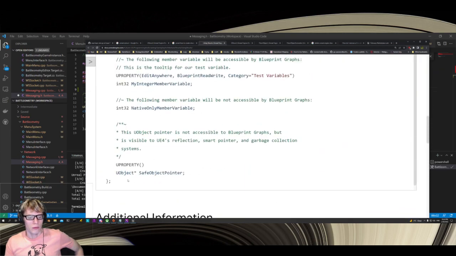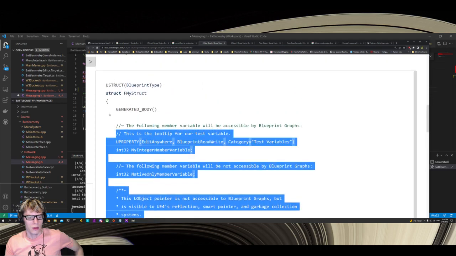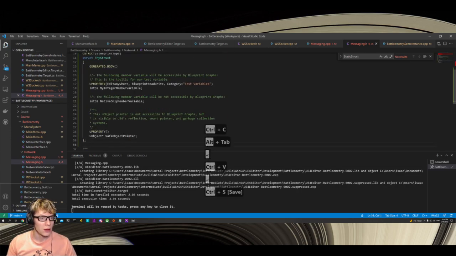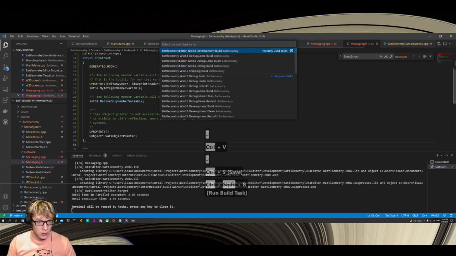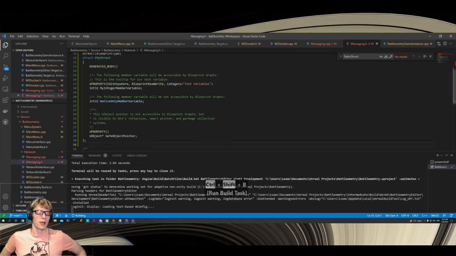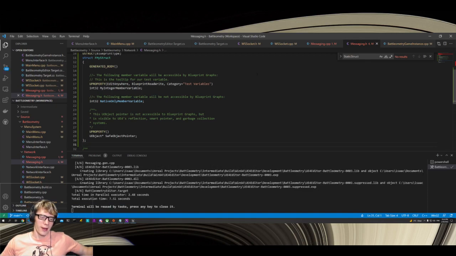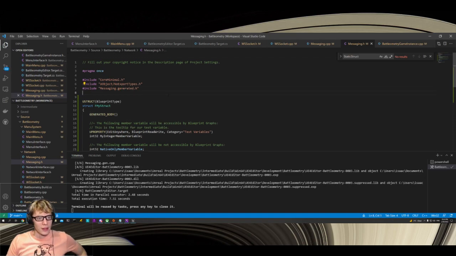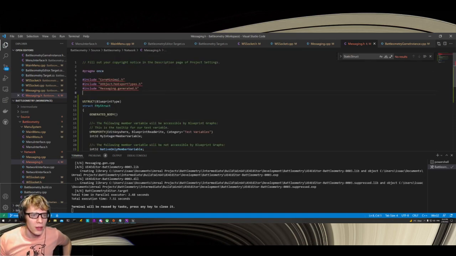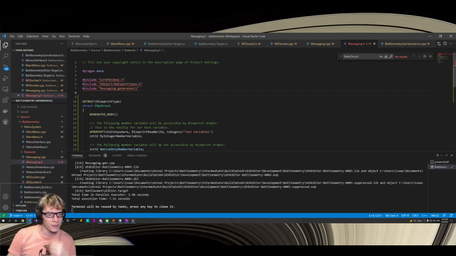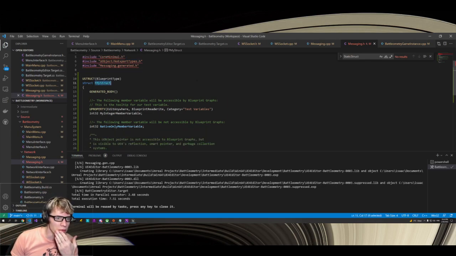So, what happens if we copy this again? Again, this is like the most basic thing here. Unless I'm missing some way of how this needs to be created from the editor. Needed to be generated. Good to know. Why are you yelling at me? That's bizarro. Cool. Well, okay. So now I can start doing like